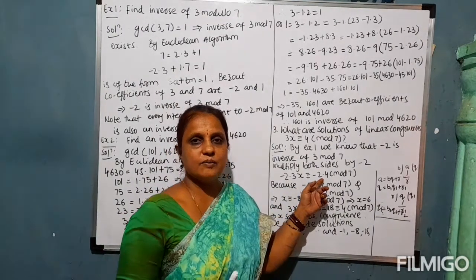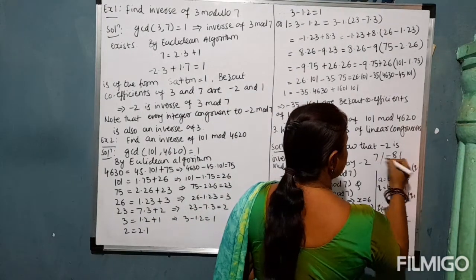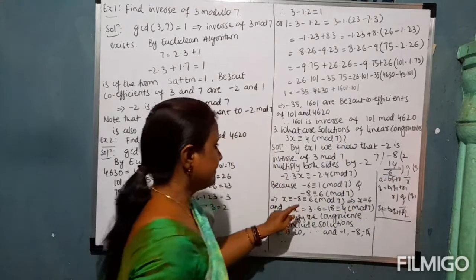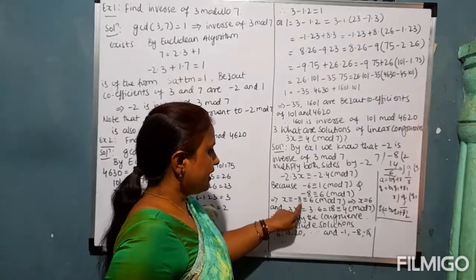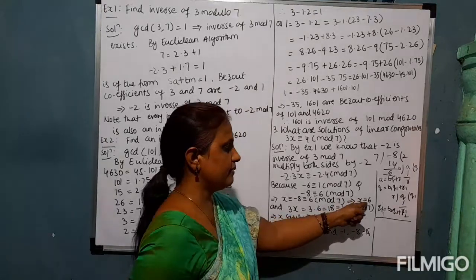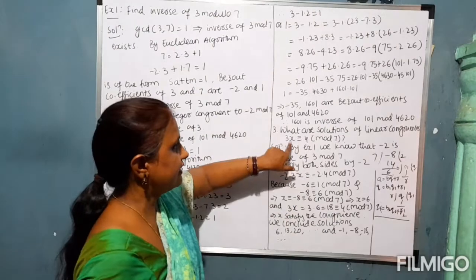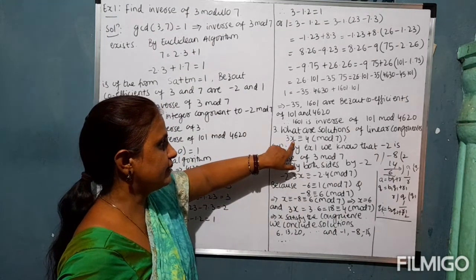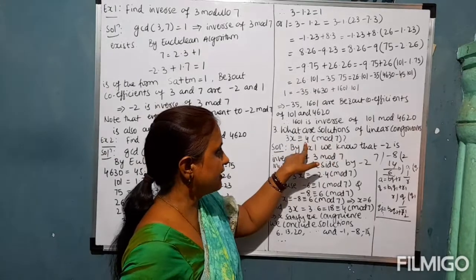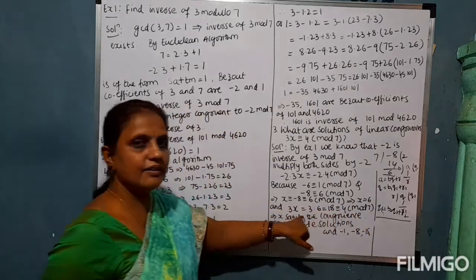But suppose we want a positive value. Again this minus 8 is divided by 7, and we want a positive value, so it will be 6. So we can say that x is equivalent to minus 8, congruent to 6 mod 7. So this implies x may be 6. How can x be 6? If we substitute the x value as 6 in this congruence, 3 into 6 means 18. 18 divided by 7, 4 is the remainder. Meaning x equal to 6 satisfies the given congruence.